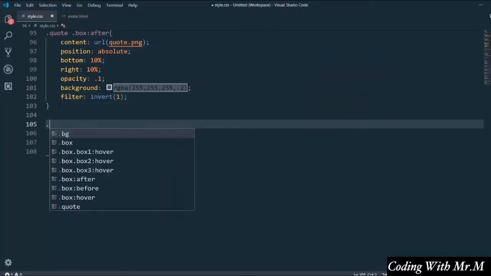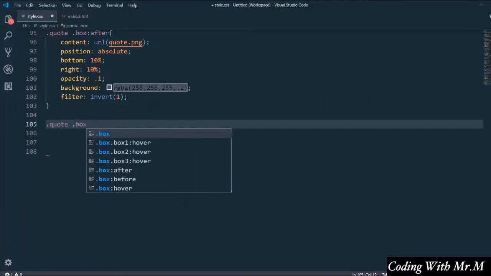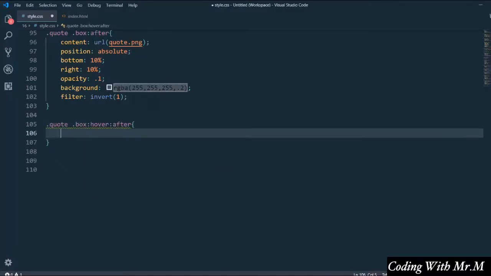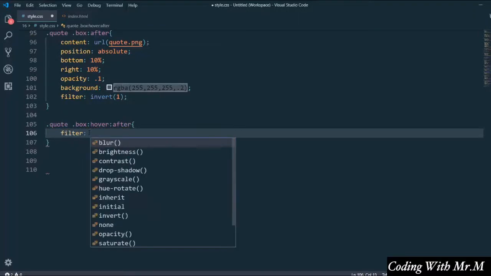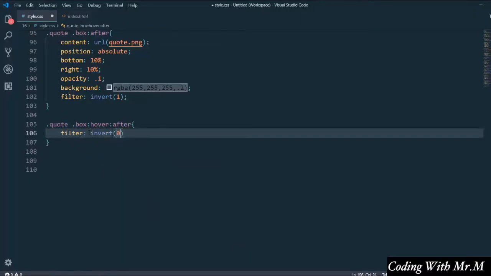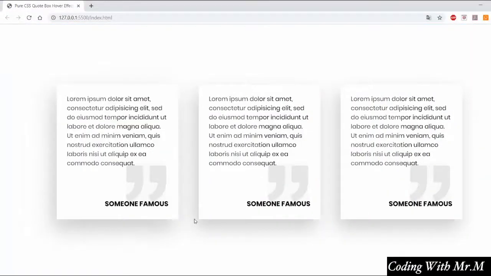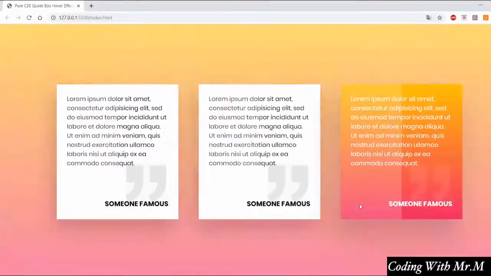Okay, really not actually a very noticeable difference, but it's just a cool function to know, the invert function. All right, now one more thing. When we hover over the box, we're going to take our after effect and we're going to turn off the invert. Okay, so you just see that when it hovers,